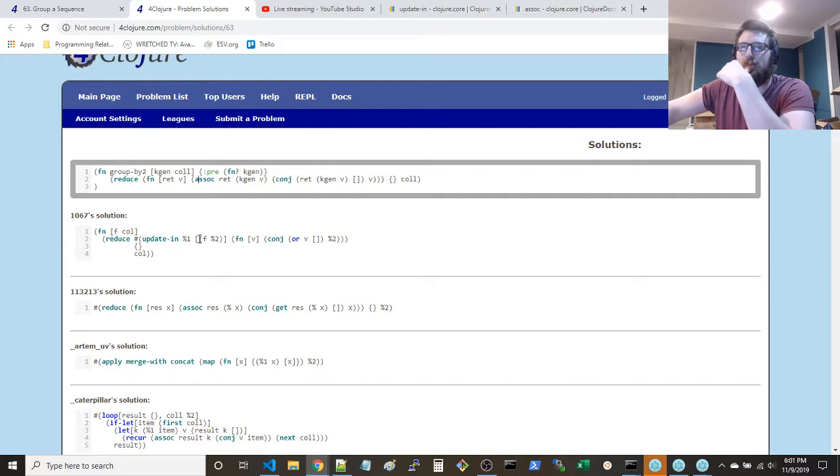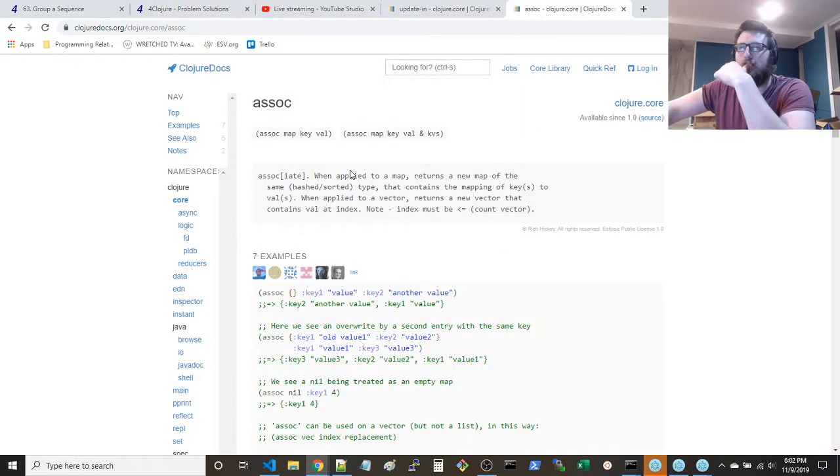I wonder. Yeah. That's interesting. Sequence update in might be better because it can get pretty complicated. This group by maybe. I don't know. Nah, I think even if it's simple, associate is probably the way to do it.